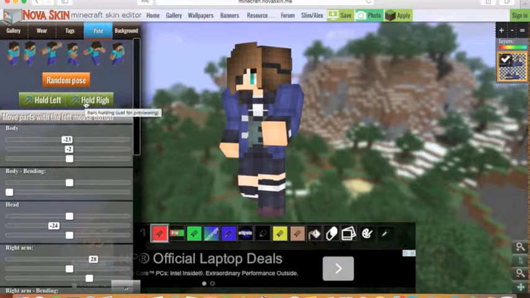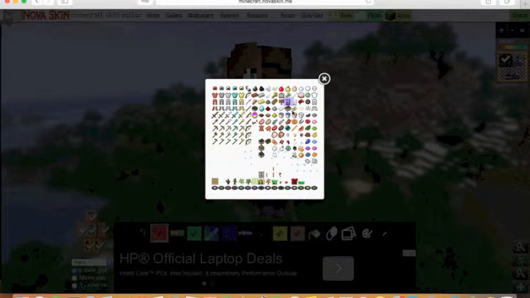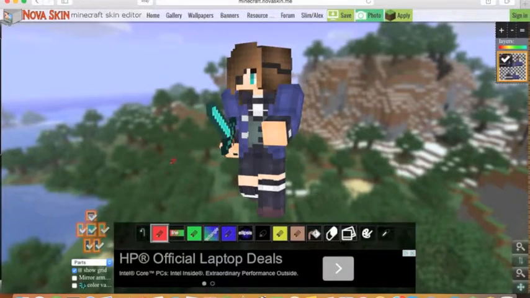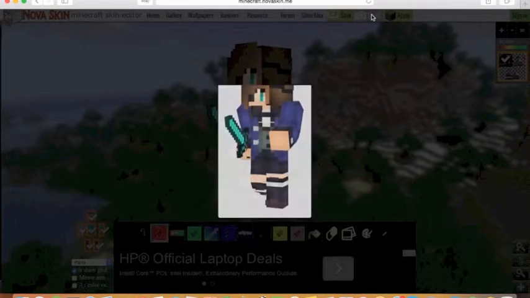And if you want to hold an item, you can hold it in the right hand. You can let them hold any of these items. But for now, we're going to let her hold a diamond sword. So she'll be holding a diamond sword like that. And yeah, so now what you're going to do is go to photo and click it, and it'll snap a